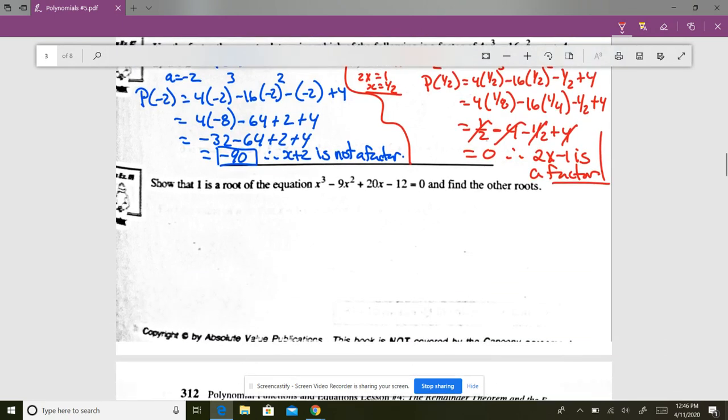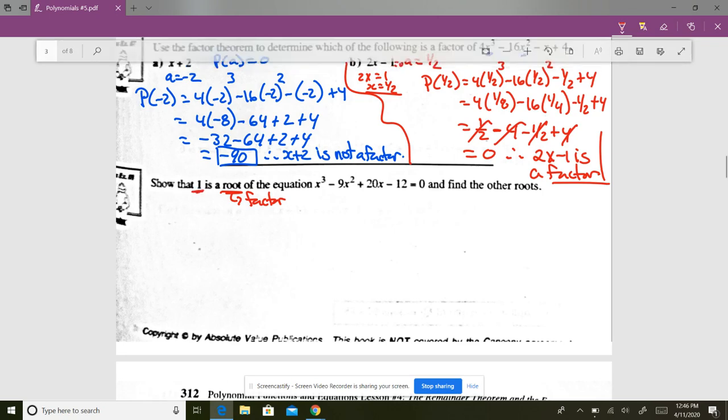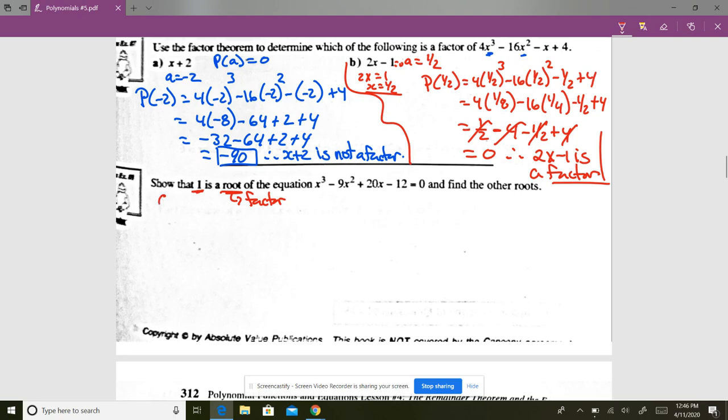And the last question for this lesson, this is a short lesson, show that 1 is a root of the equation, and find the other roots. When they say root, that means our a value is 1. If they say the number, it is 1. So if it's a root, or it's a factor, then the remainder is 0. So